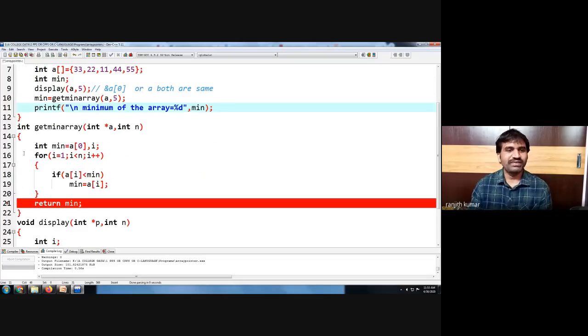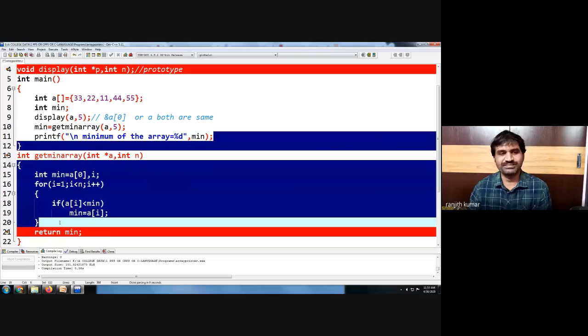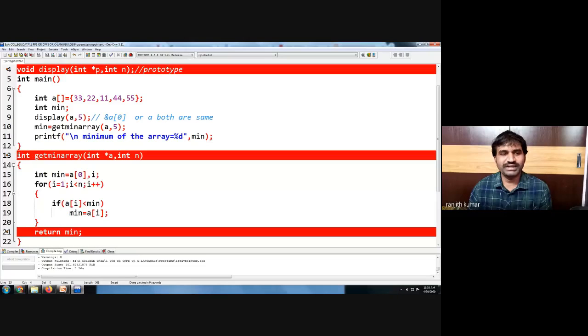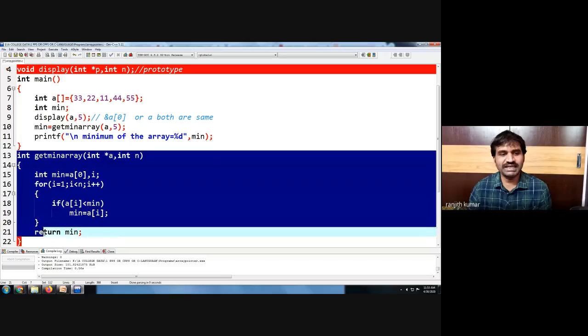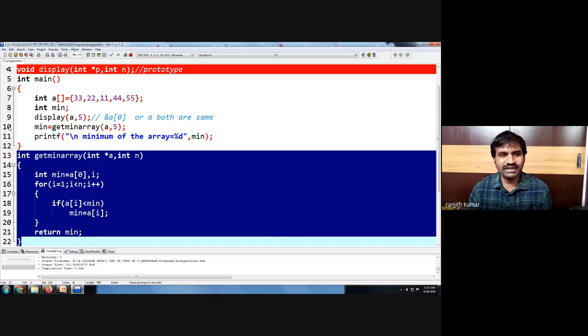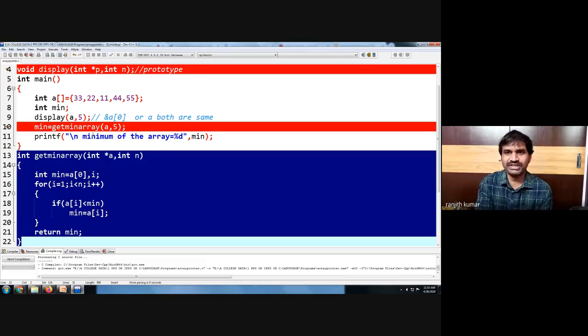So we have separated the calculation of the minimum into a function. We call min array, store the result in a temporary variable called min, and print the output. Now let us see the output once again.